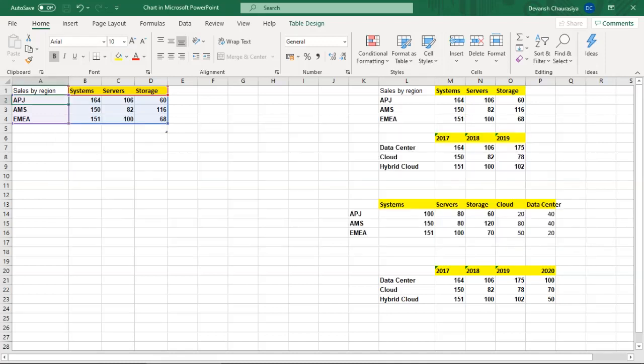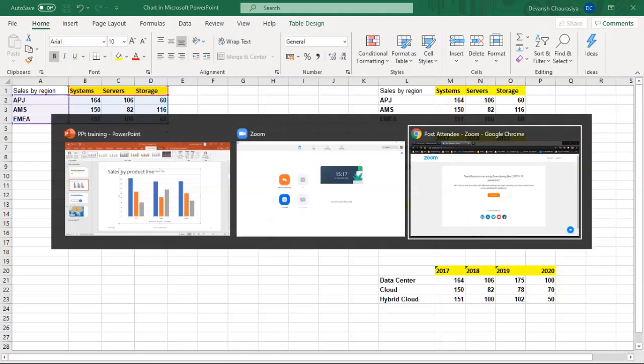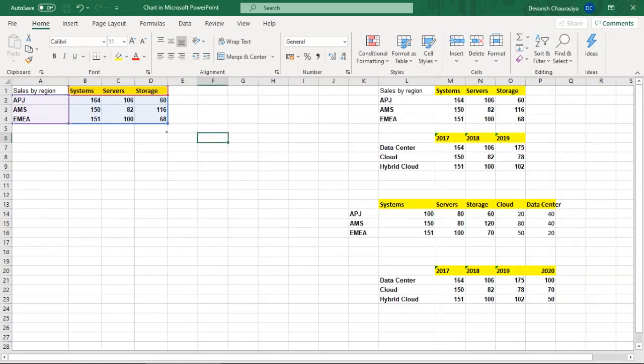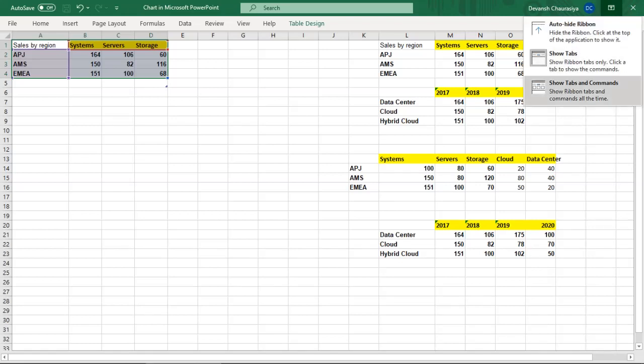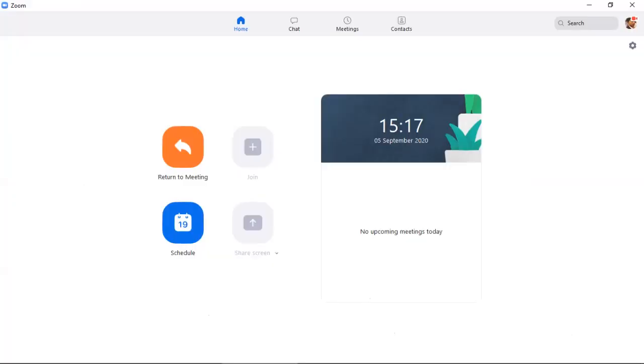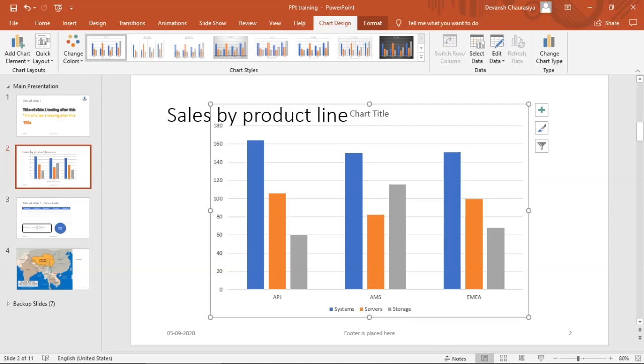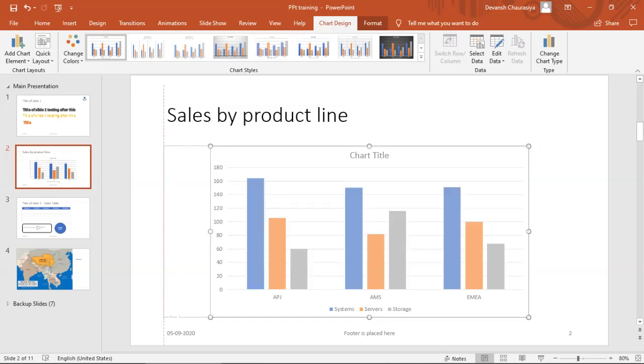Okay, my PPT is okay. This is how my chart now looks.